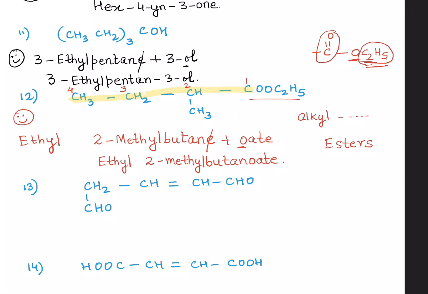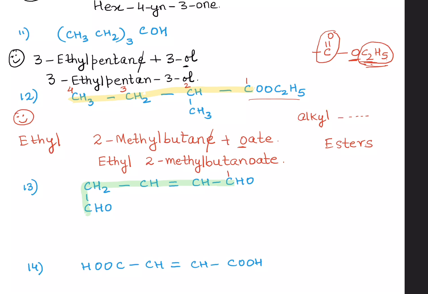Okay, let's go on to the next structure. Again, would you like to try it yourself? Let's highlight the longest chain first. Yes, if the functional group has a carbon, we shall include it in the chain. So how many carbon atoms in your chain? 5. Would you like to number them? Where do I start numbering from? The left to the right or the right to the left? Whichever way you number, it is going to give us the same, right?